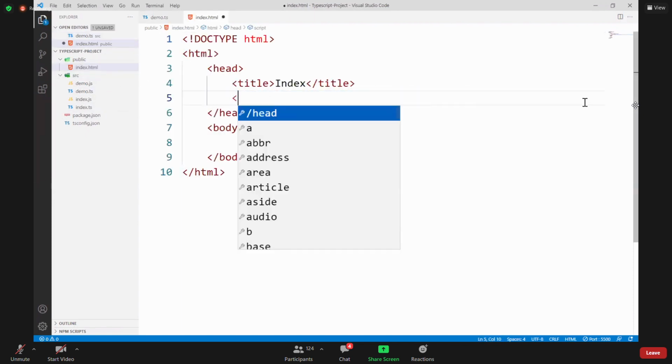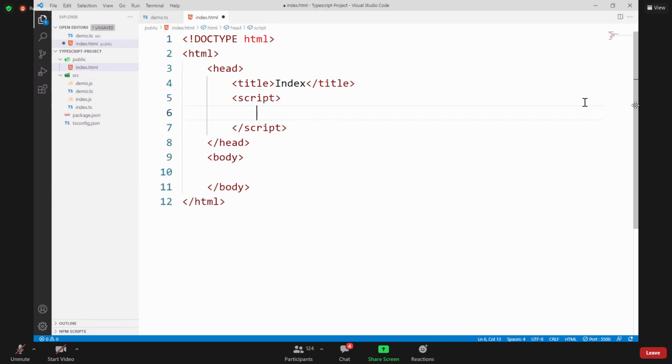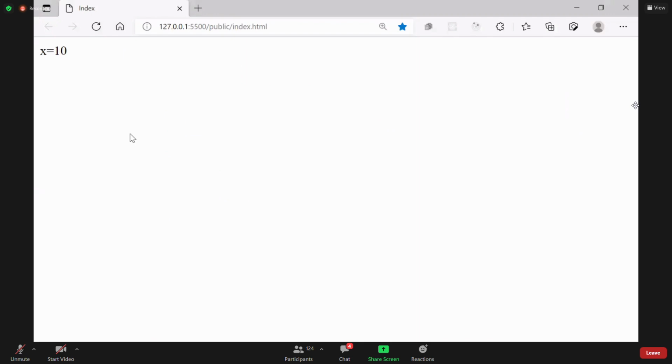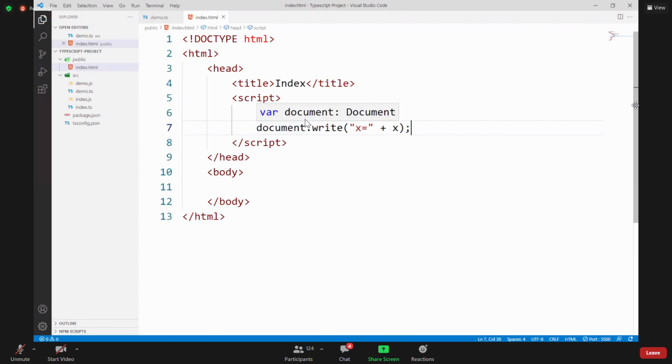I write x = 10 and document.write x is equal to the value of x. You can see that works fine. We haven't declared the variable. This is not declaring, this is assigning. Assigning and using directly is supported.